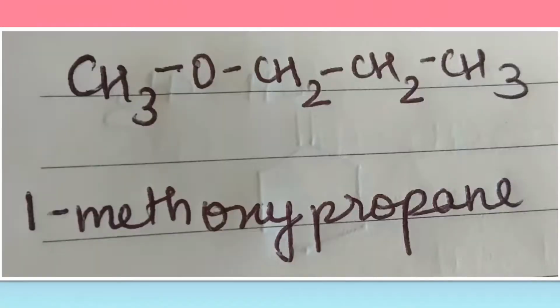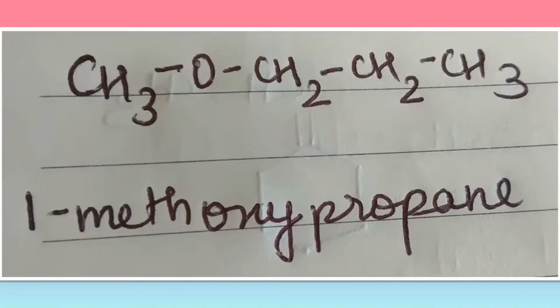Next part. Here we have an ether group present. The ether group is nothing but the ROR group, and the name for this is alkoxy alkane. That's the general name. The alkoxy group, that means the alkane group that has the oxy name attached to it, is given to the part that has the least number of carbon atoms. In this one, there are two parts. We have a methyl group and a propyl group here. And since the methyl group has the least number of carbon atoms, we write the name as methoxypropane.